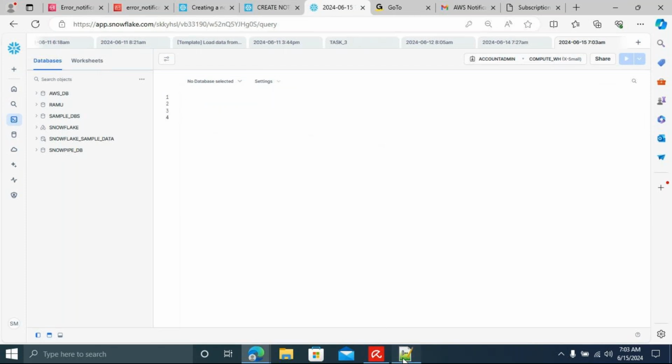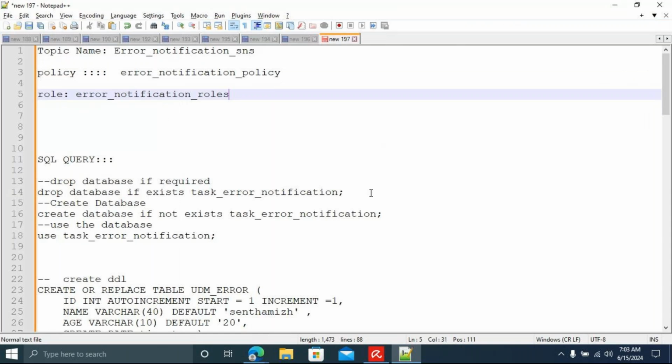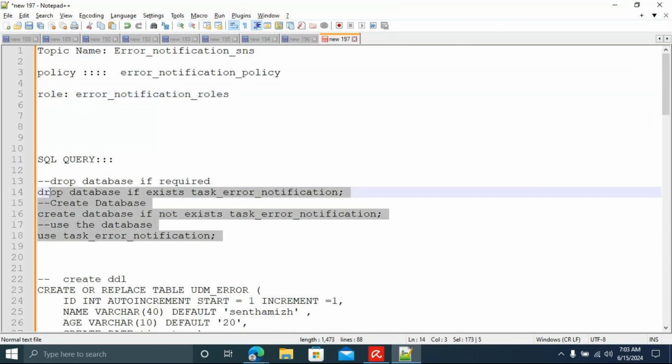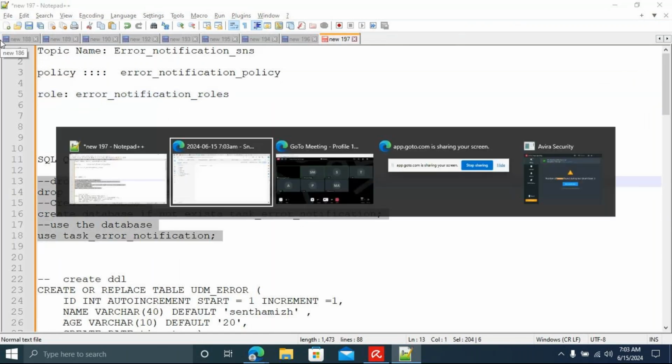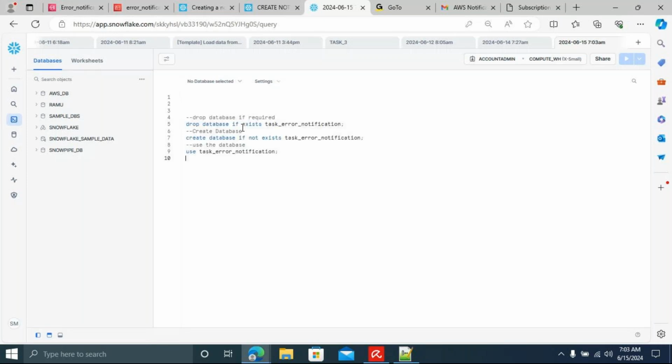I have the commands with me. It's very easy. First, we check whether the database exists; if it exists, we drop it. Then statement number 2 creates the database if it does not exist. And then I'm going to use this database. That's it.